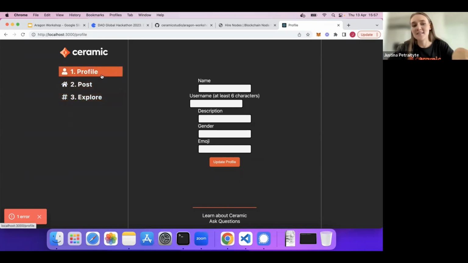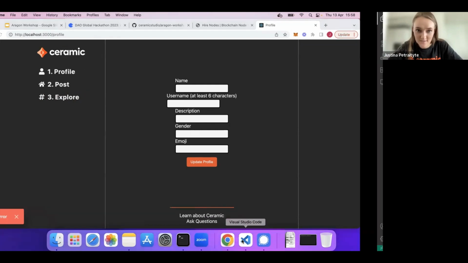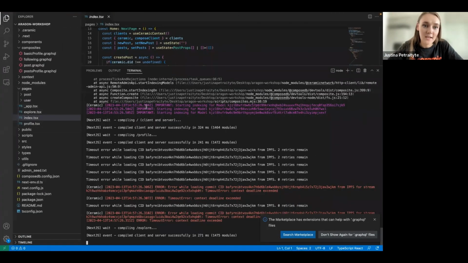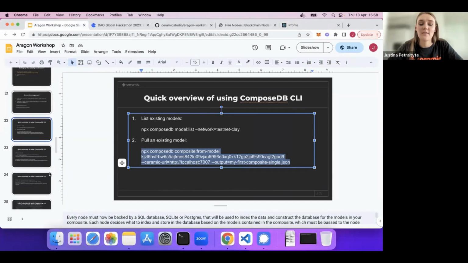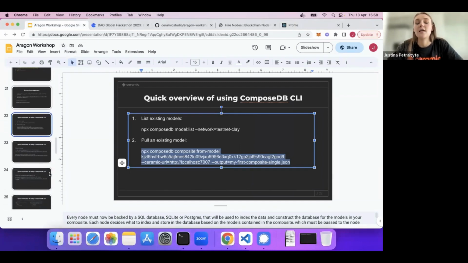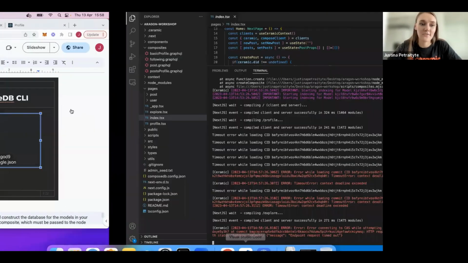But basically, once you have these details here, you should be able to see all of these details in an explore page, because this is where it pulls user profiles and comments. And the last thing that I wanted to show, I just don't know if I can, because it's not really working right now properly. But there is another way to easily interact with data that is stored on Ceramic, which is using a GraphQL interface. So technically, when you build your app, you have these data models that you have defined.